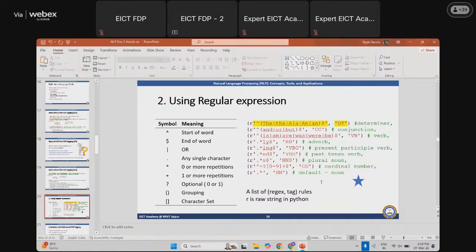So before starting the regular expression code, we must know how to read and write a regular expression. These are the basic symbols. The first, the caret symbol, is basically the start of the word and the dollar is the end of the word. In between, we have the pipe, which is for OR, the dot symbol for any single character, and star for zero or more repetition. For example, the first rule written here for determiners is, if the start of the word